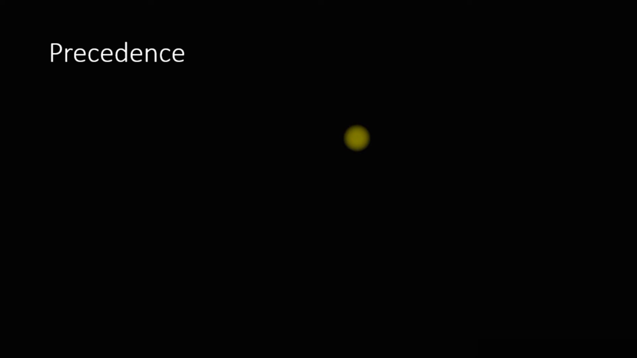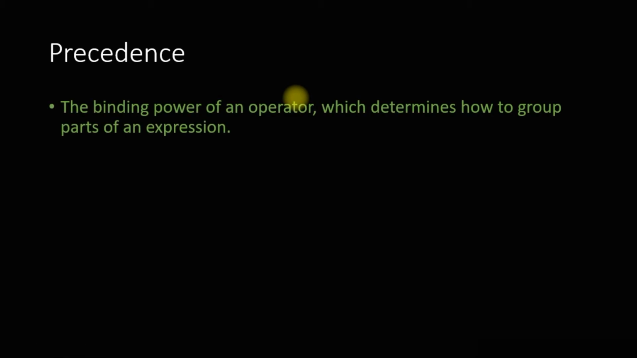So this is a really good concept to understand in order to perform accurate calculations. It is just a simple terminology. Precedence is the binding power of an operator which determines how to group parts of an expression. So it determines how it's going to execute this expression. You can have a very complex calculation which you want to perform, so the computer understands how it's going